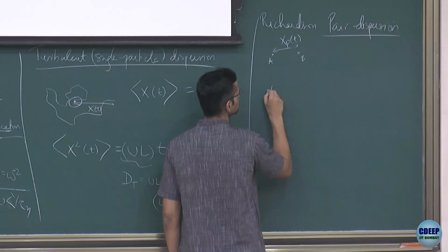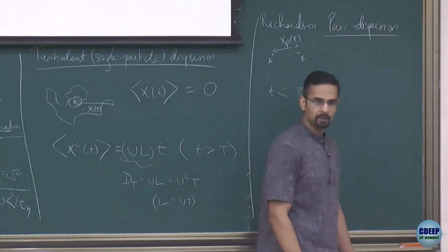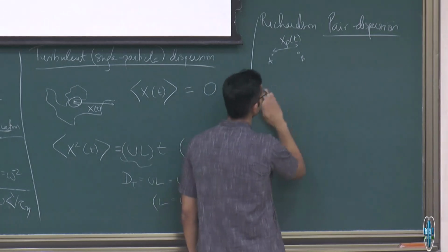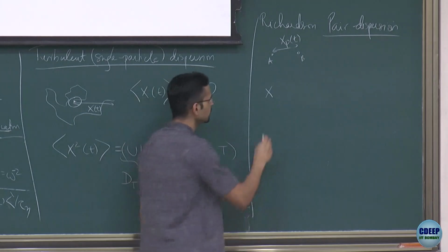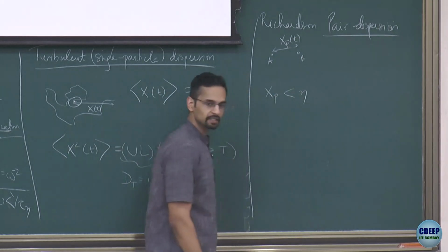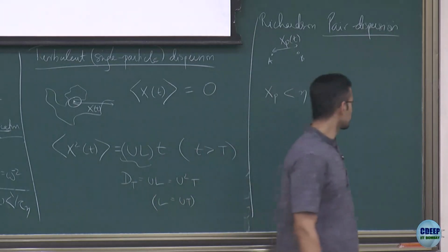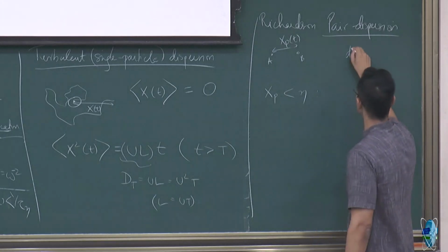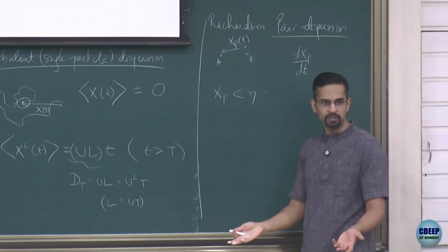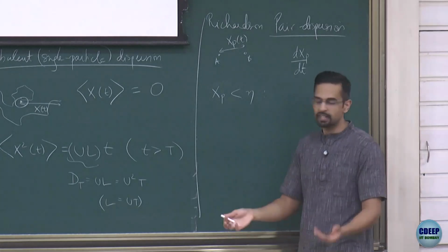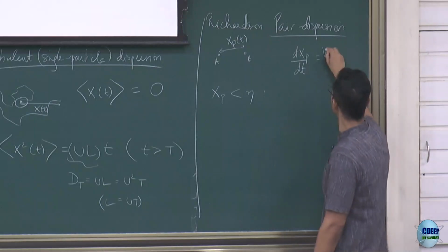If my time t is less than tau eta, or the distance, let me think of it in terms of distance. That may be better. So let's assume I start with xp of t very small, below Kolmogorov. And provided this xp is less than eta, that means I'm sub Kolmogorov. Then what's going to happen? Well, the way to think about it is to think of the equation for xp. If I'm below Kolmogorov, I know the flow is smooth. It's like I'm locally in a laminar world. So I can write directly dxp dt is equal to the difference of velocities, va minus vb.